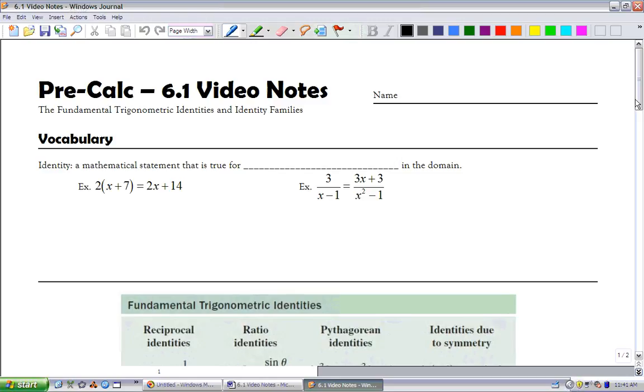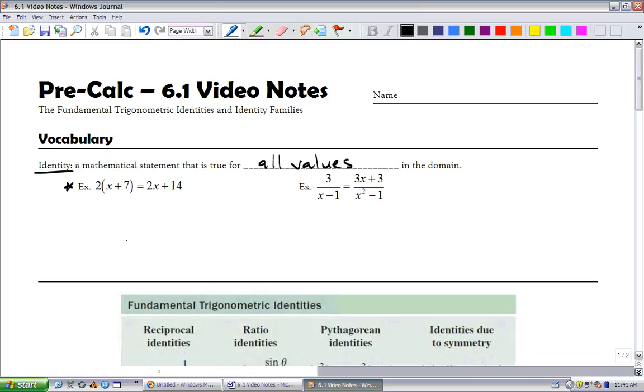Okay, we're going to begin looking at identities here. What's most important in all of this is that you understand what an identity is. An identity is a mathematical statement that is true for all values in the domain. Okay? So, in our first example here, what you need to understand is if you went to solve this equation,